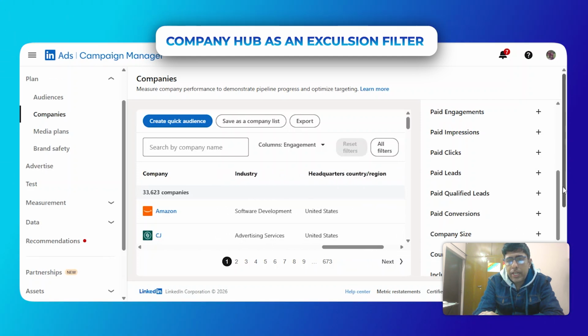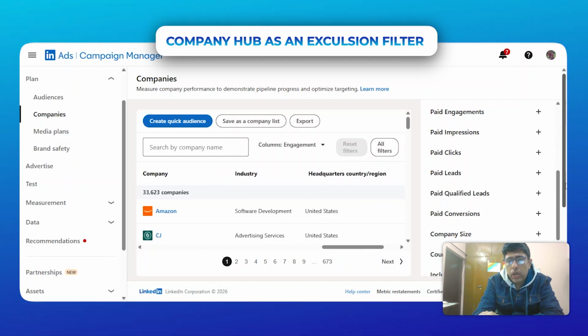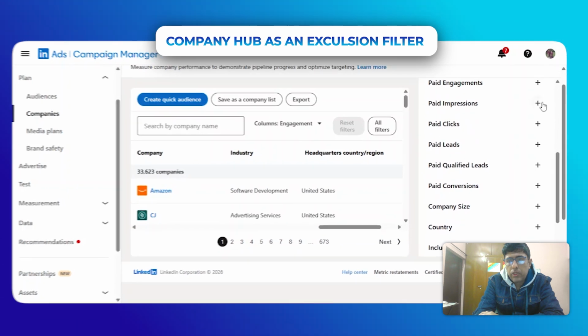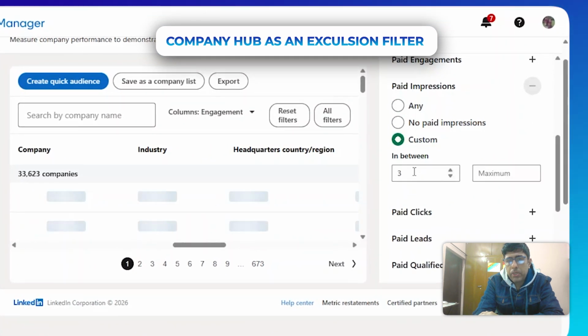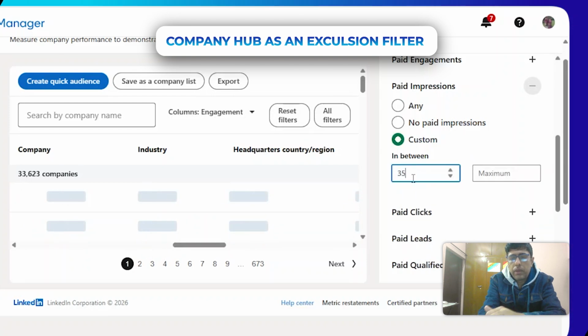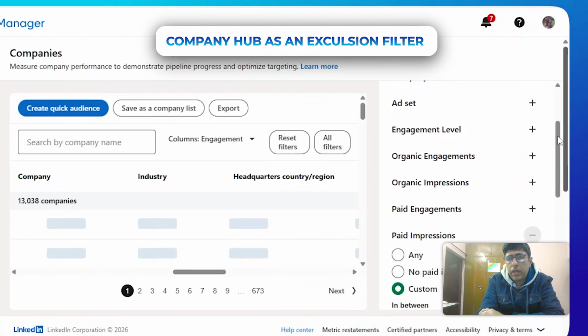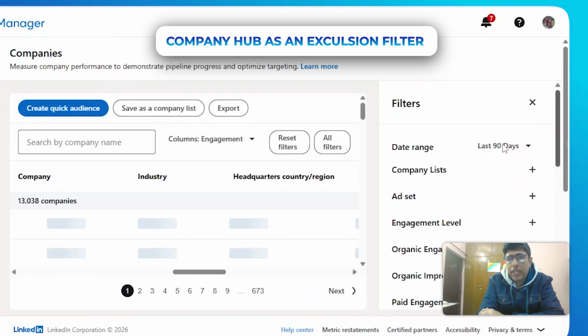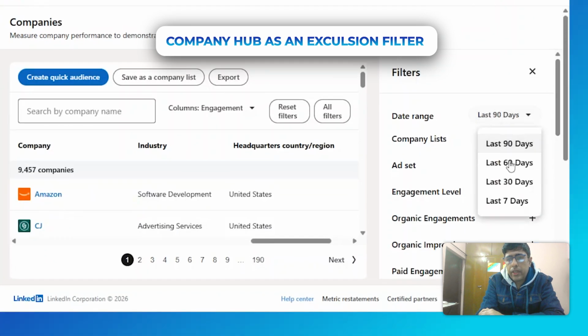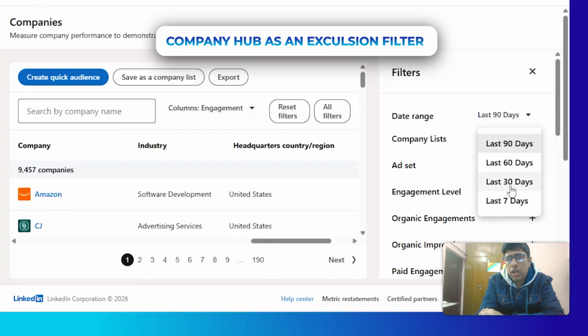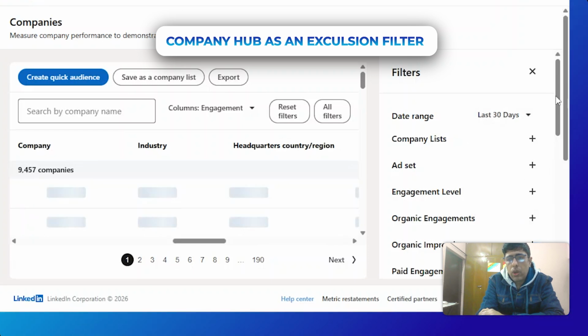Under the right hand side option, there would be filters. Say if we go under the paid impressions filter, we can click on this and put in custom. Let's say any company who has received, let's say 5 impressions, just for an example. And we have a date filter at the top as well. So we have last 90 days, last 60 days, last 30 days, last 7 days. So let's say any company who has received 5 impressions in the last 30 days, we want to exclude those